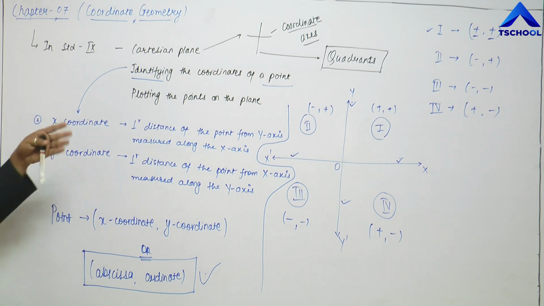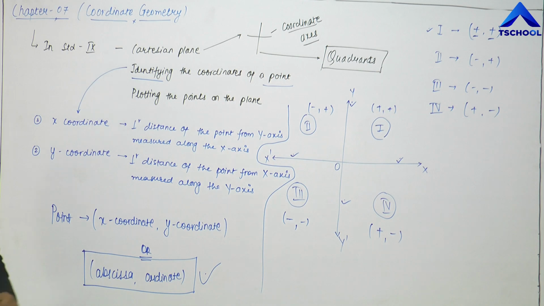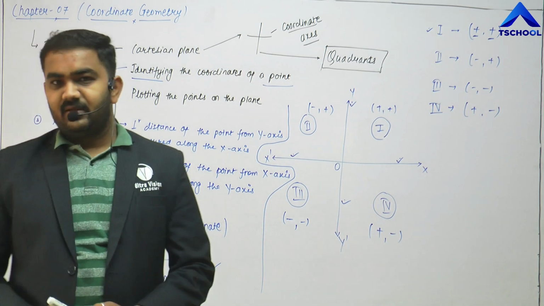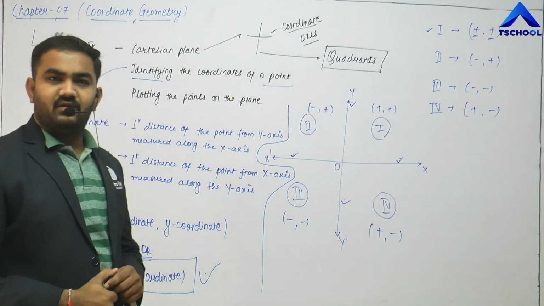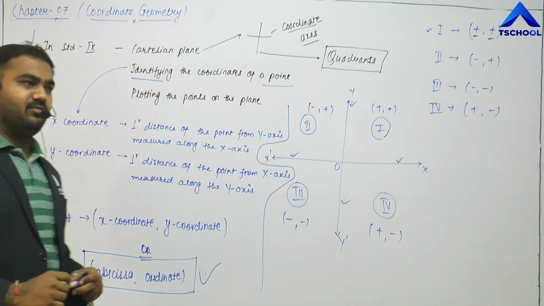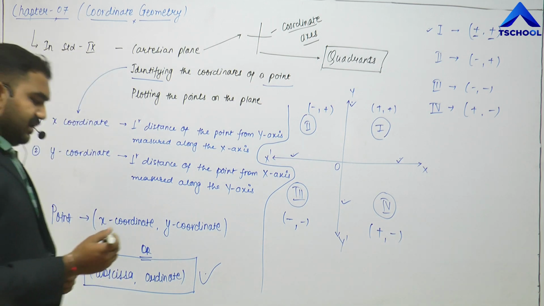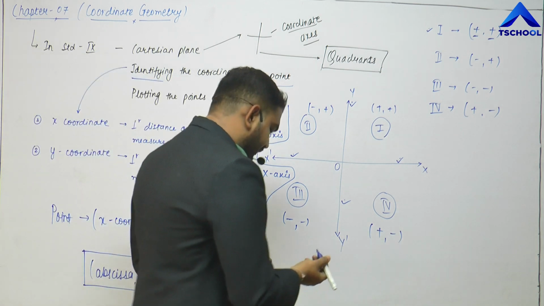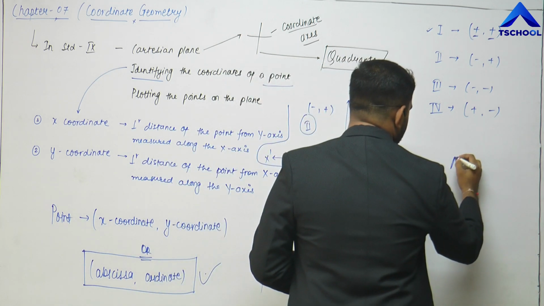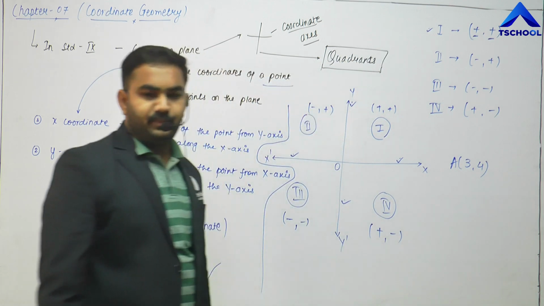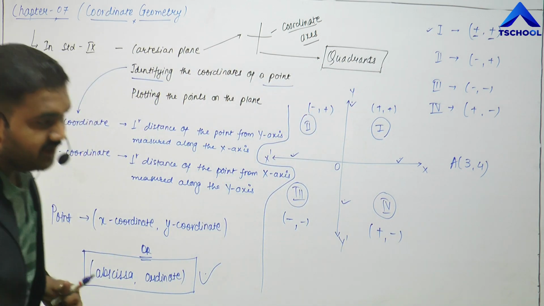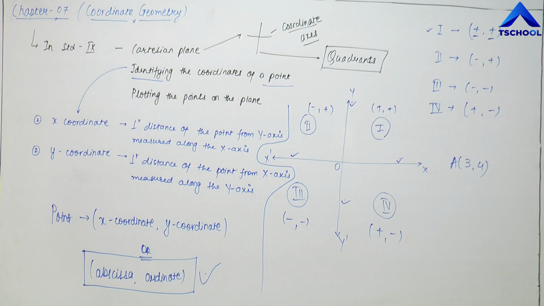Right, so we studied all these things in standard 9. We also studied plotting a point on the plane. That we will study later on, but it is not required right now. Plotting a point on the plane, for example if I am given that I need to plot (3, 4) on the plane, then where shall it be? That was the thing that we studied there, right?